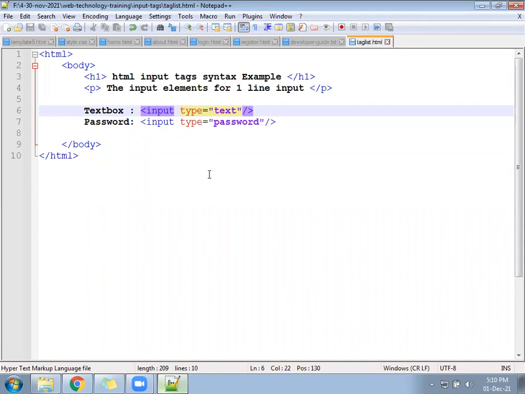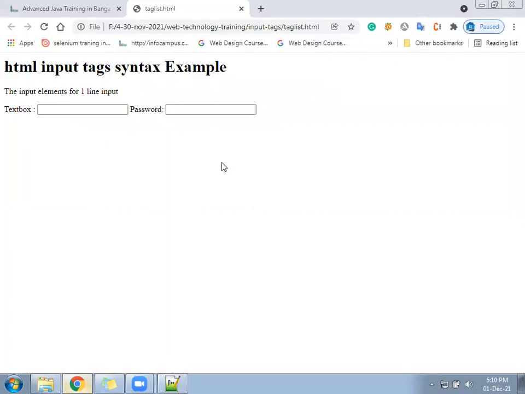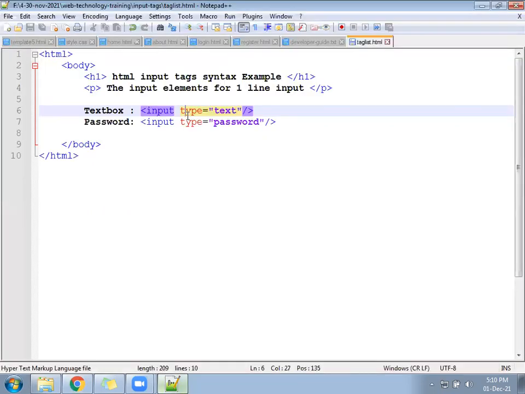Okay. Now after that, both are printing in the same line or the next line? We have to remember one theory. If two tags print in the same line, then it is called an inline element.